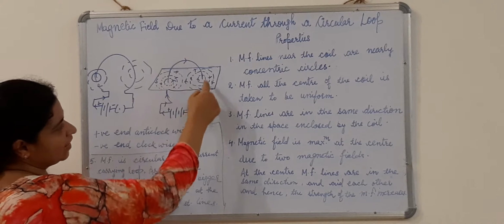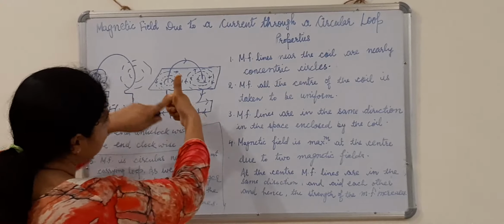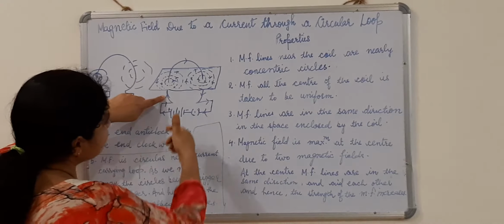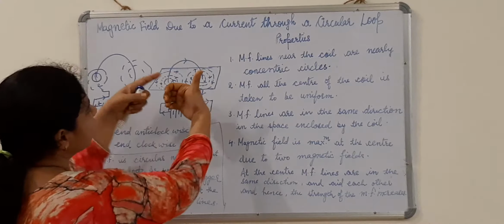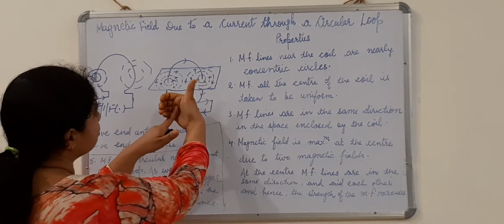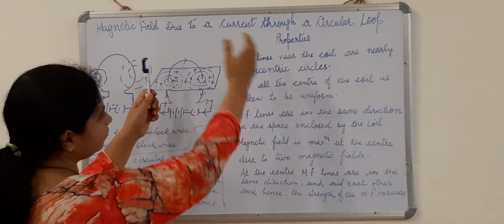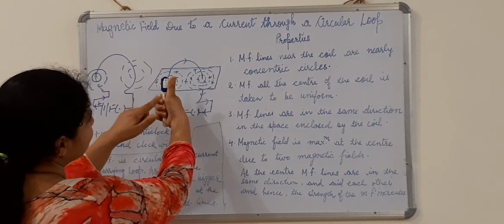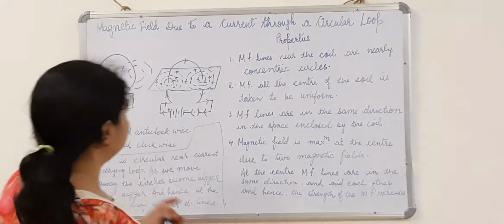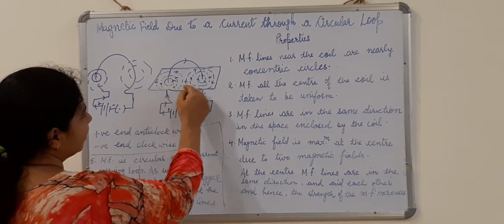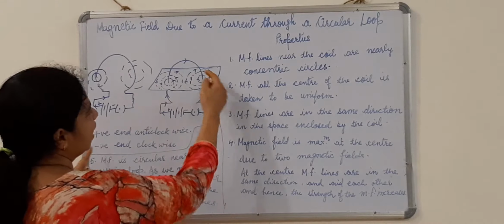Suppose I am carrying this current carrying circular loop in my right hand, in such a way that my thumb points towards the direction of the current. As the current is going upward and my thumb is also pointing upward, the curling or the wrapping of my fingers will give you the direction of the magnetic field lines. I am holding the wire. Suppose this is the wire. I have held it like this, and this way the current is going up in the wire, and the wrapping of my fingers will give me the direction of the magnetic field line. I have held it like this, children, and you can see the wrapping is this way, coming from this to this.